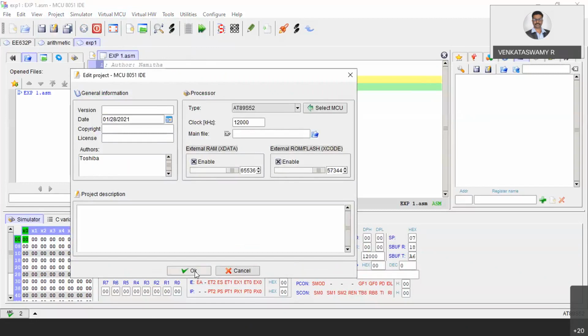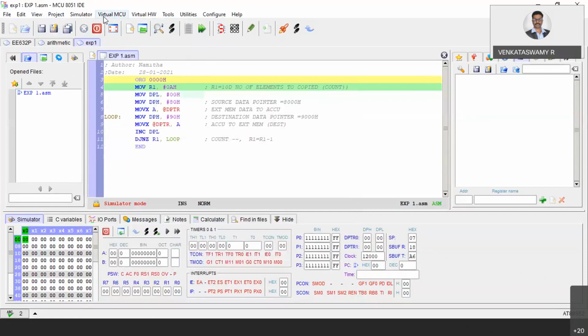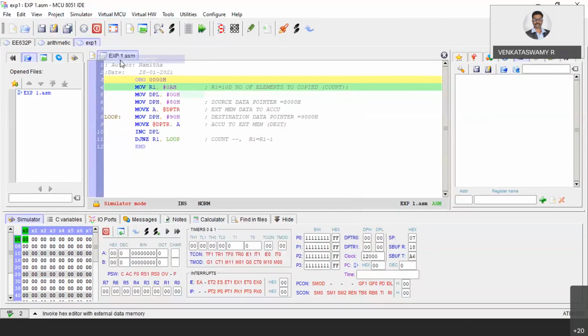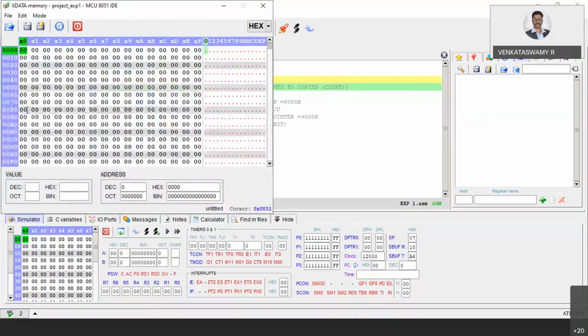Yeah, 52 you have taken. Now open X data. Now go to 8000 memory location. In X it is there.